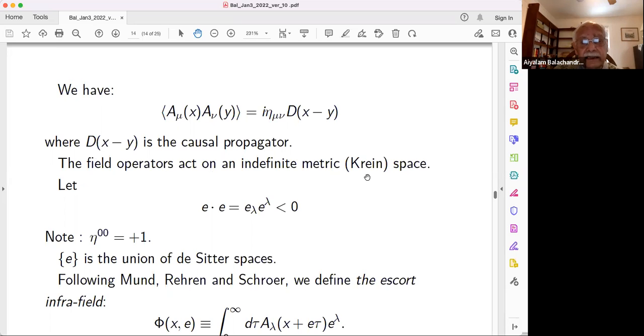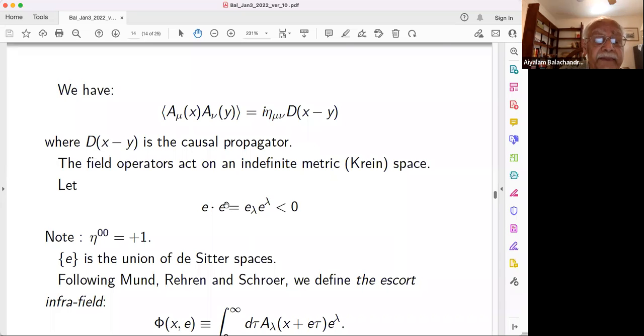There is the Gauss law. If you look in the Krein space, the divergence of A is not 0, so the Gauss law is not fulfilled. There is an extra term in the Gauss law, for example. And one has to handle it by going to indefinite metric space and canceling them. There is a whole technology for that. But